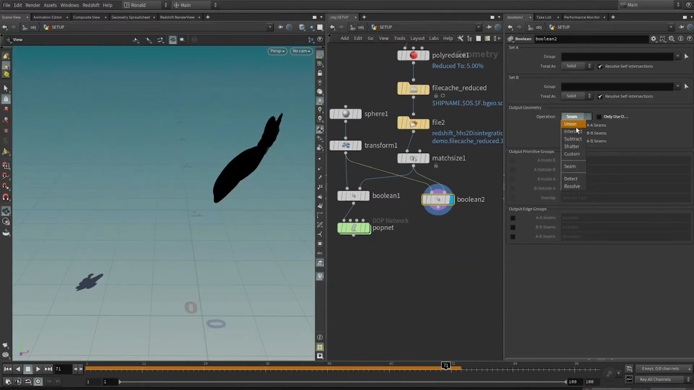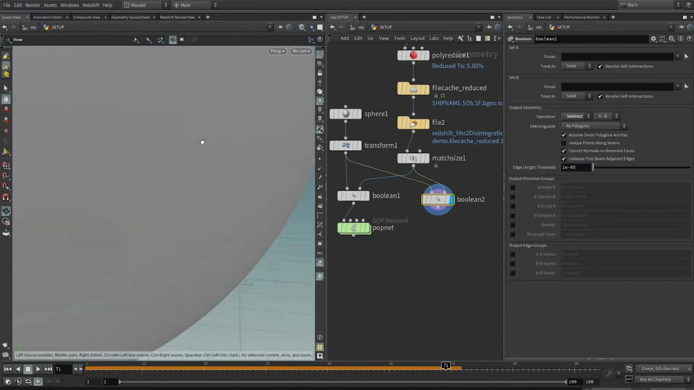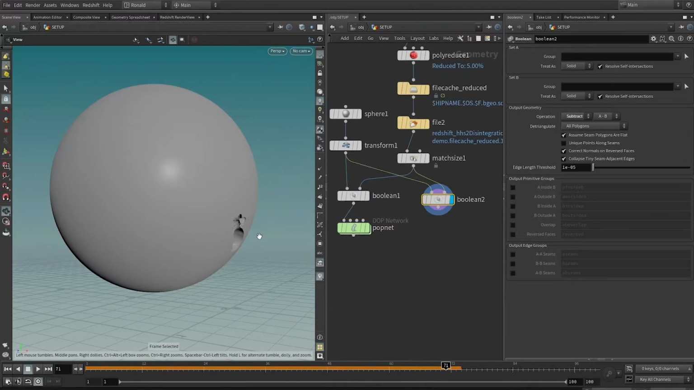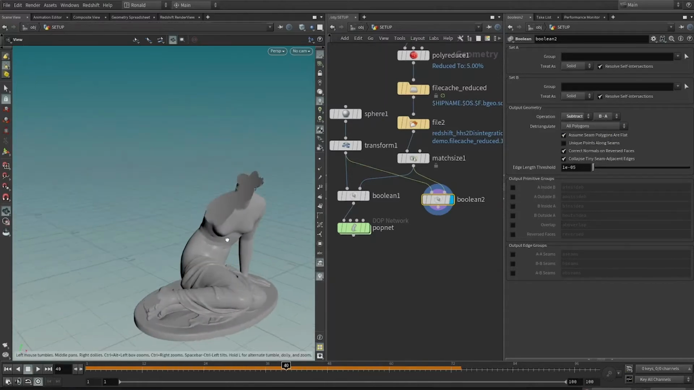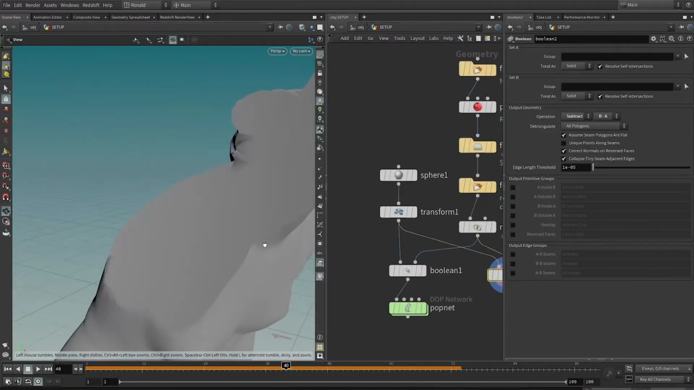And I'm going to change this to the subtract. And I don't want the sculpture subtracted from the sphere. I want the sphere subtracted from the sculpture. So I'm going to change this function here from B to A. There we have it. Now I want to address the fact that this cutting here is a little bit smooth